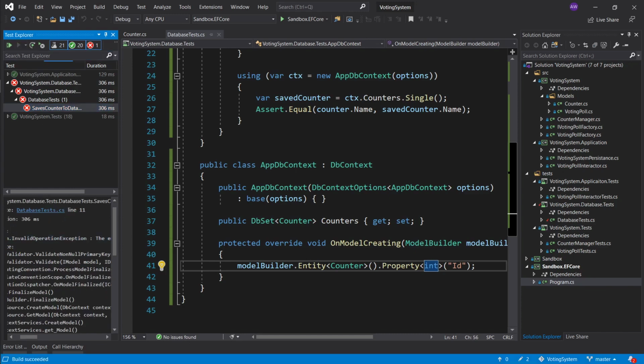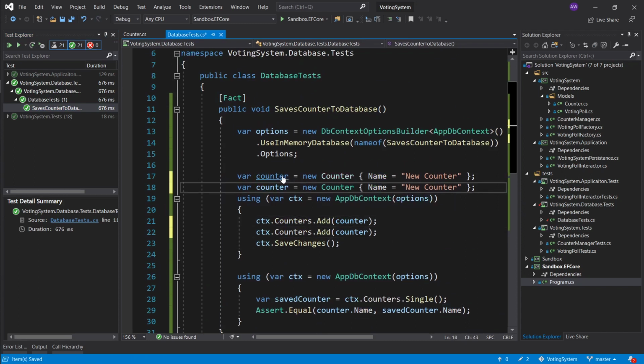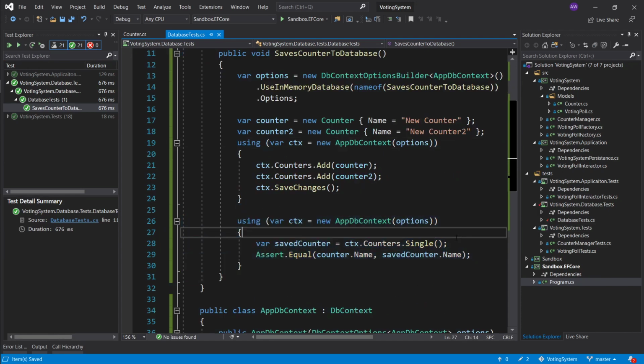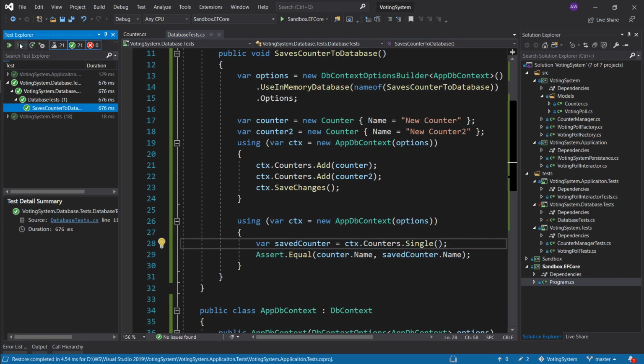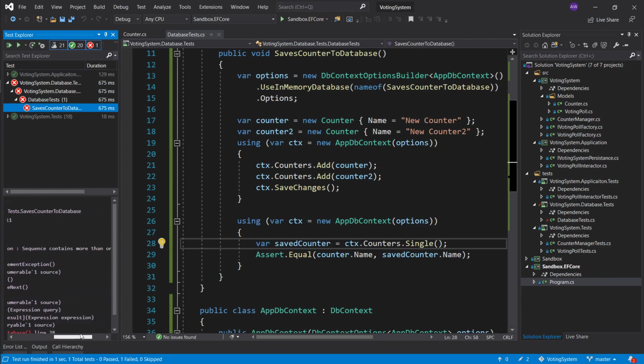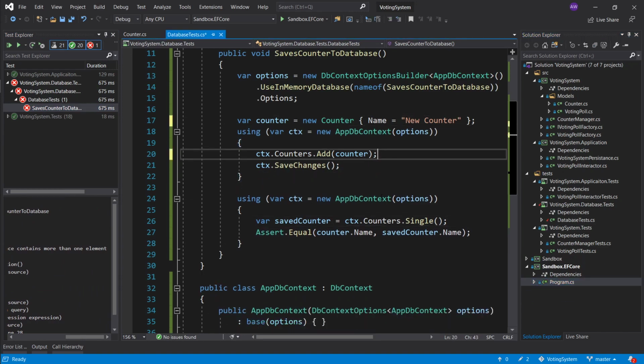So let's run the test again. So the test passes. So what I'm going to do is I'm just going to add another counter. Let's grab this Counter 2, counter name 2, and I'm just going to make sure that I add another counter here just to iterate the point of this single function that is going to throw an exception when it tries to extract. Let's run the test, and you can see that it crashes and you get an invalid operation exception. Sequence contains more than one element, right? So this is an error that you can run into. So I'm going to remove this, and